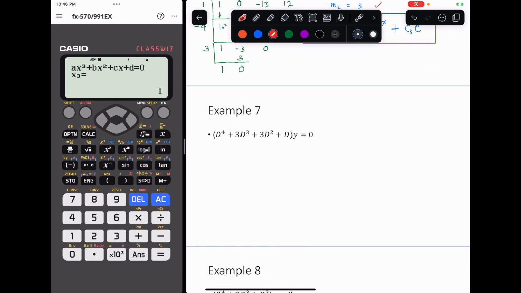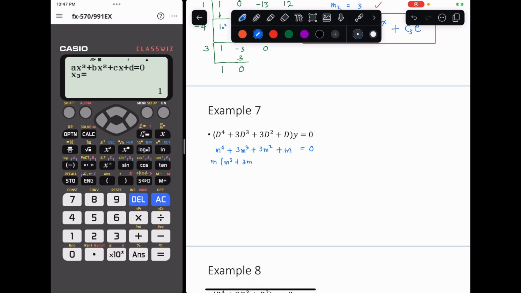So for the fourth order, D to the fourth plus 3D cubed plus 3D squared plus D equals 0. Converting this, we get m to the fourth plus 3m cubed plus 3m squared plus m equals 0. Again, m is common to all, so I can factor out m. It would make it m cubed plus 3m squared